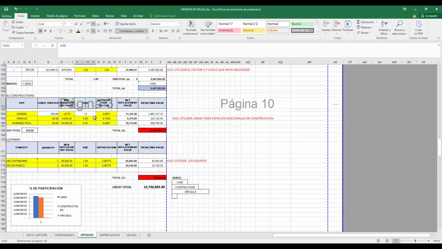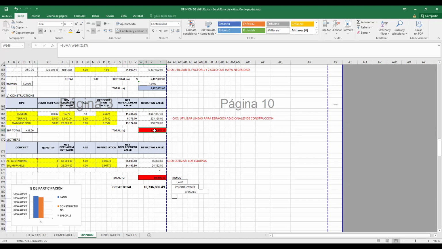How are we going to use the useful life and the depreciation in the table? For example, the swimming pool is 5 years old, and it can last 70 years, so 17 years. The swimming pool can last 70 years. But a terrace, if it is a palapa, it could last 20 years. So make a formula, or make a division. It's not easy, or ask somebody.